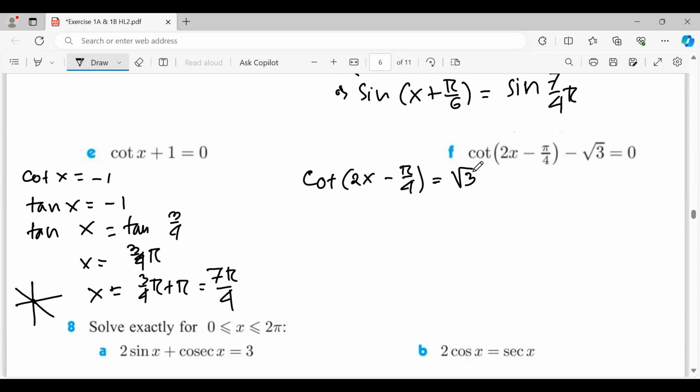Cotangent is the inverse of tangent, so it means tangent of 2x minus pi/4 equals 1 over √3. So it means tangent of x minus